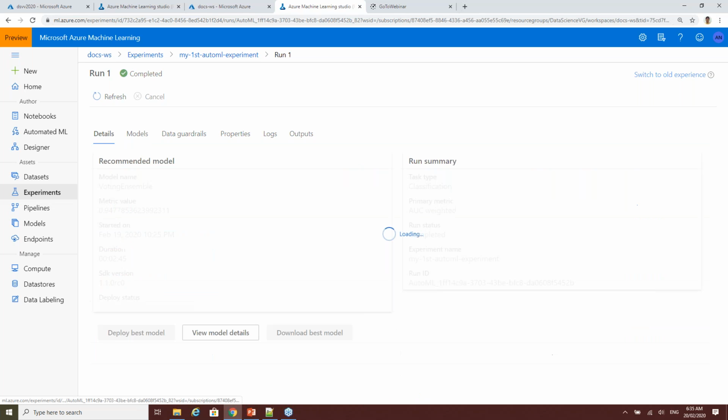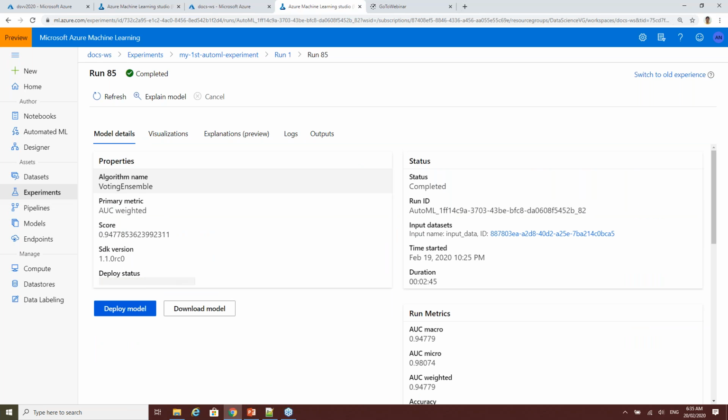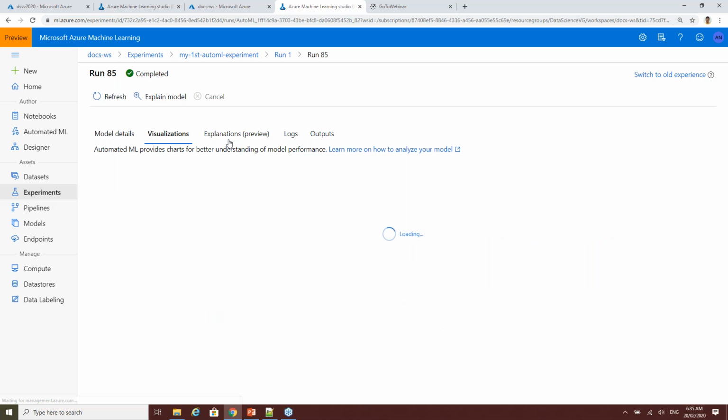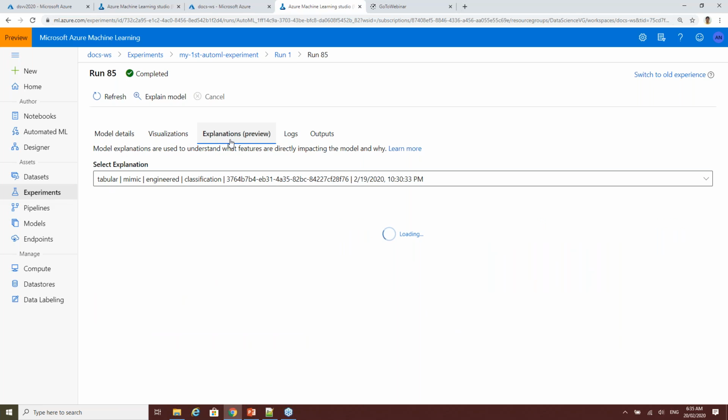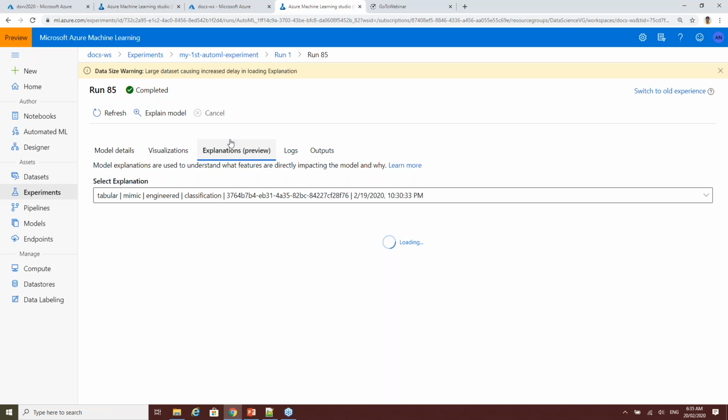You can get into each of these particular algorithms. You can either download the model or look at the different visualizations of the model. How do you interpret these visualizations? That's another thing. If you are planning to use automated machine learning, the key things I would recommend you do are, first, understand what the different algorithms are that you can apply for different problems. Second, how do you interpret the results?